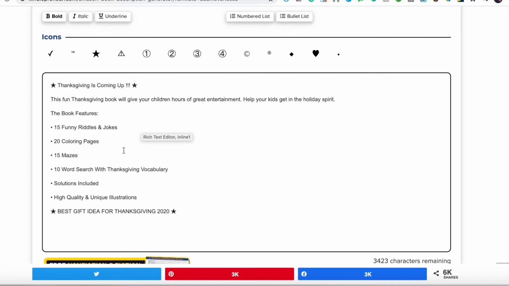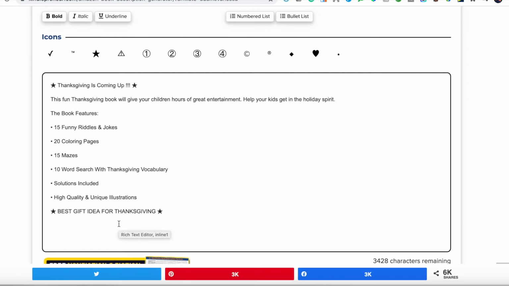So the first thing that I've seen that I have to change is this 2020. Always make your book evergreen. If you put in a year, obviously that year will come to an end, and what happens? Do you have to edit the description again? So I'll advise that if you see any year in your description, just remove it. So it says best